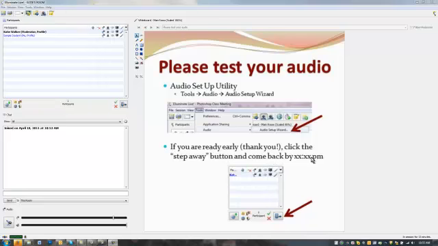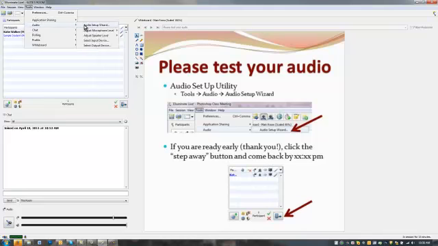Here's a quick overview. The first thing you're going to want to do when you get into elive is to check your audio. This is something you should do every time you get in because you never know if your settings are a little different, and it's very frustrating when you're in class and talking and people can't hear you or you can't hear. So you go to Tools, Audio Setup Wizard, as you can see on this slide here,